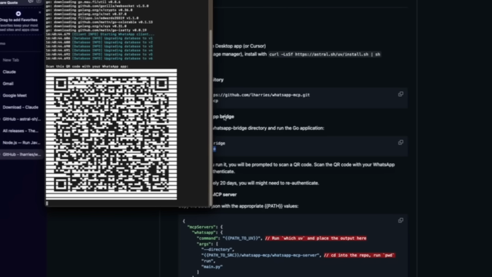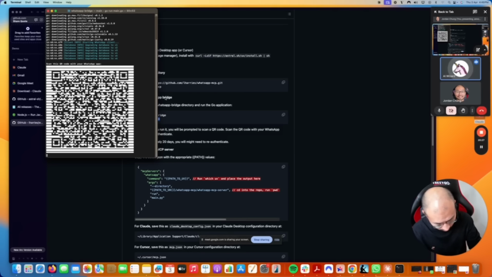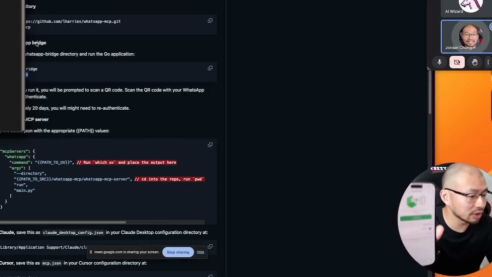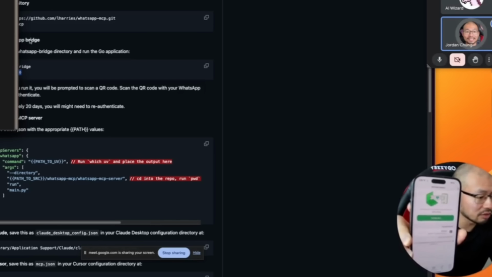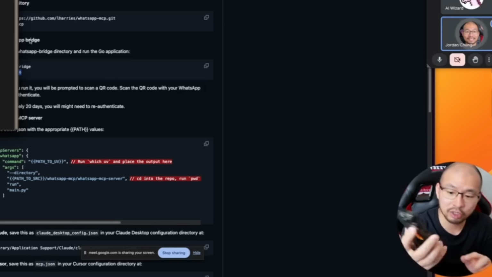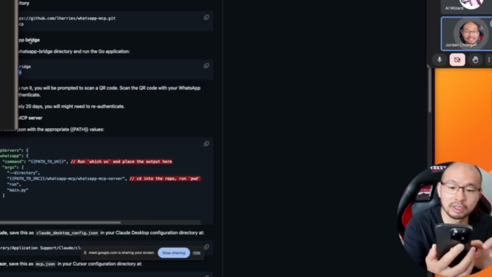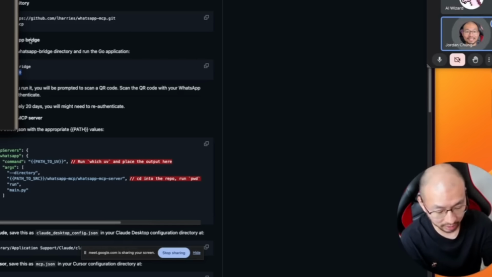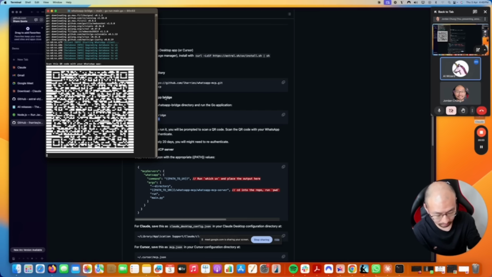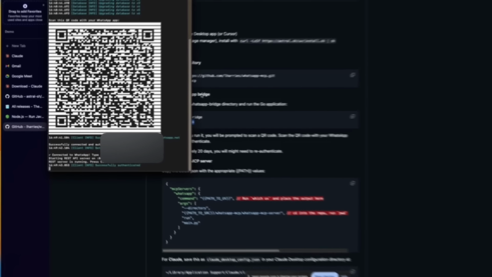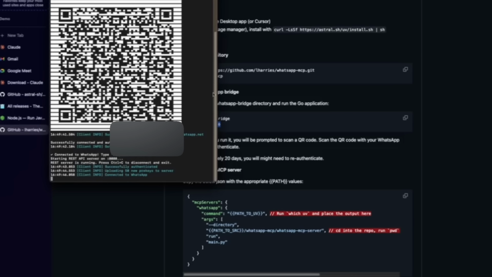You need to click on the settings on the right, and then click on linked device, and there should be an option to scan the QR code. Link device. So for viewers here, you can see it, link device here on the screen. It's in your WhatsApp settings page. Settings, and then link device. It should open your camera on your phone, and then you just point it to the QR code here. Yep, I just did. Once you do that, it will tell you that you are successfully connected and authenticated,